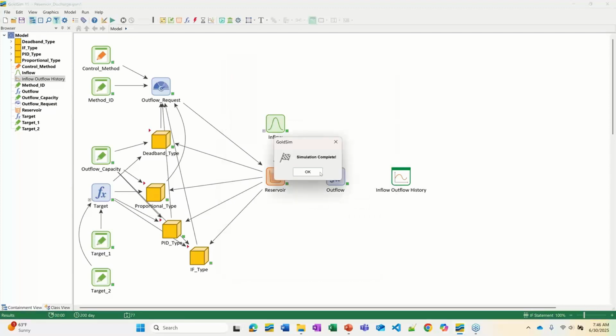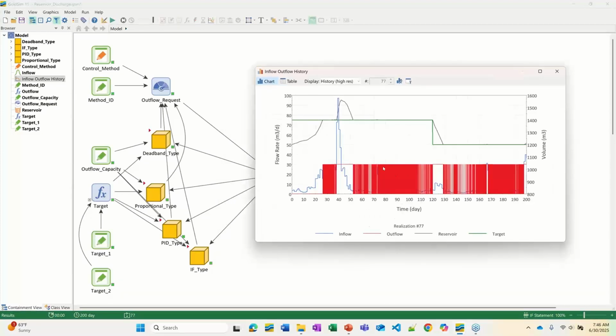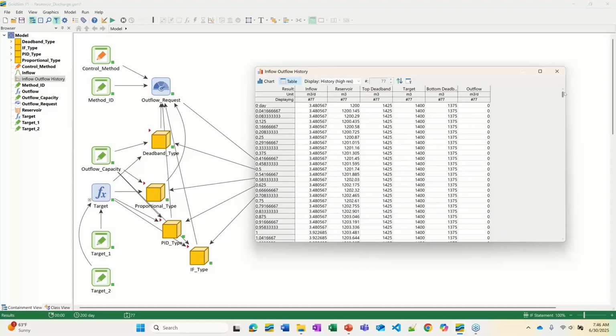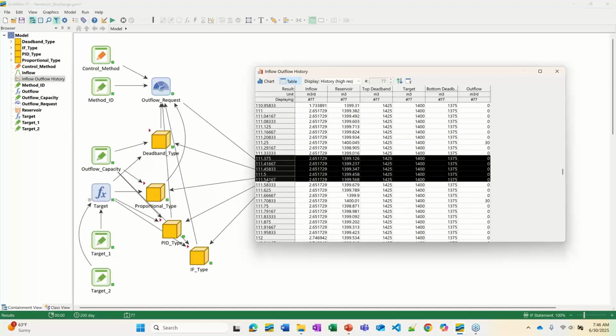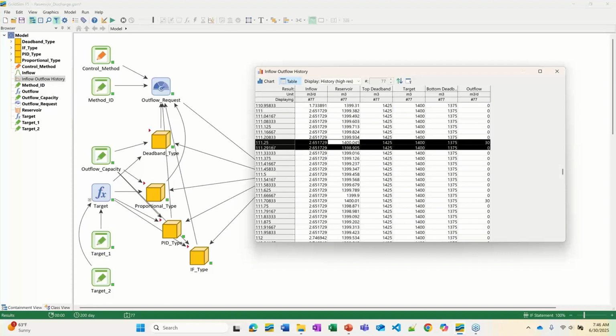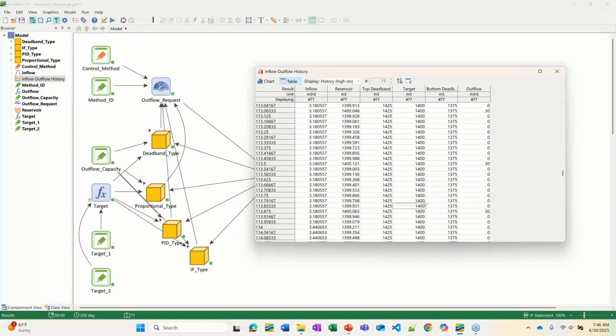Running the same model, the same scenario. Now, when we look at the result, you see that we have essentially what looks like a red bar, but it's just so many ups and downs that it's happening very, very quickly. It's essentially oscillating. So we get to a point here, and you can see that that's what's happening. It's going up and down, and it's very, very close to the target of 1400. So it's 1400.1, 1399, 14.06. And so this is